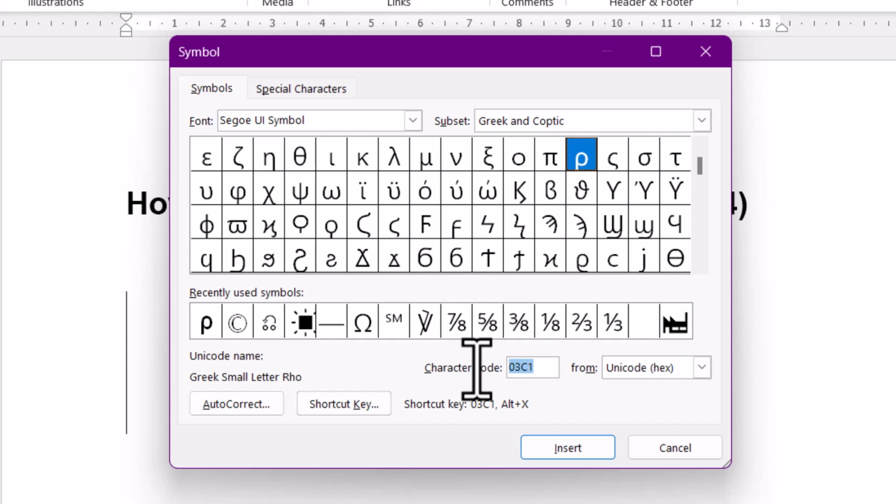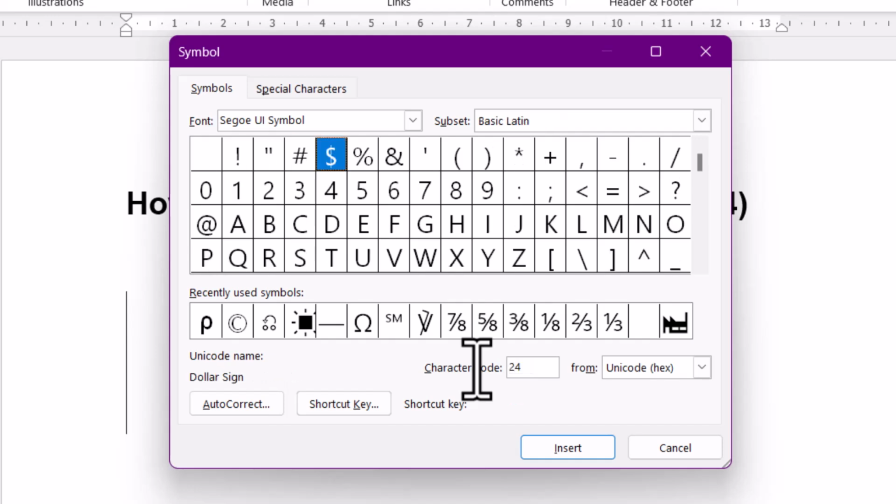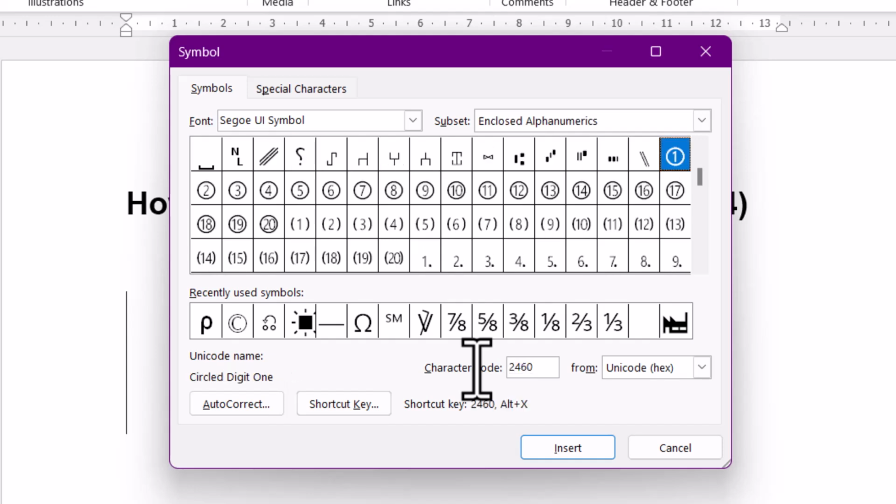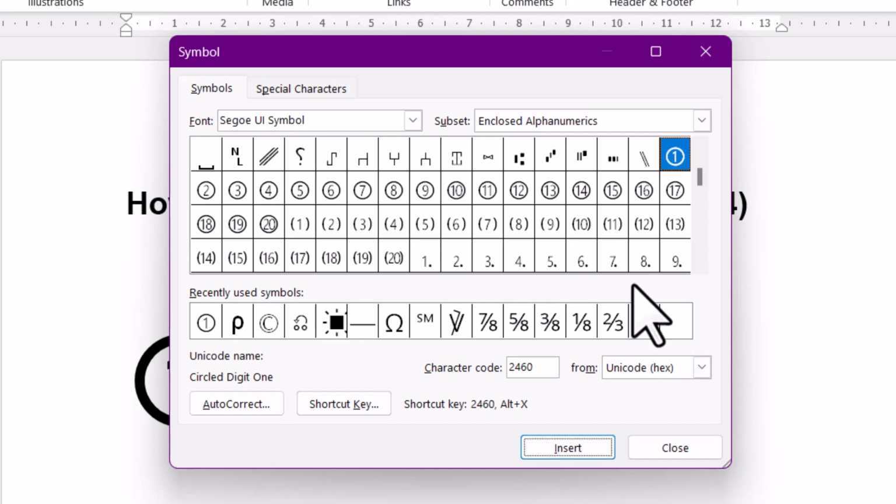So the character code is 2460. So just type this character code and insert it. This is 1 and this is 2. Character code is 2,